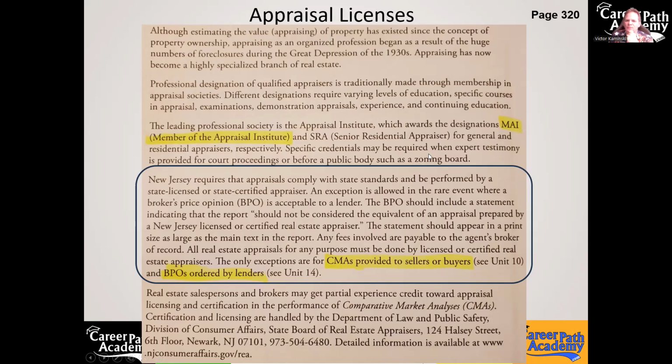Specific credentials may be required when expert testimony is needed in court. Appraisers can often serve as expert witnesses pertaining to the value, reporting the value. Now, New Jersey requires that appraisals comply with state standards and be performed by state licensed or state certified appraisers. An exception is allowed in the rare event where a broker's price opinion, a BPO, is acceptable to the lender when